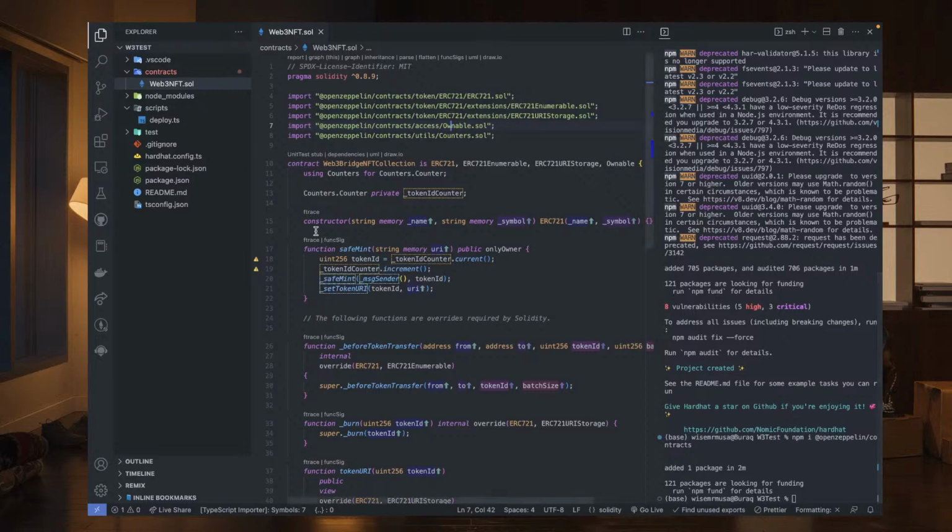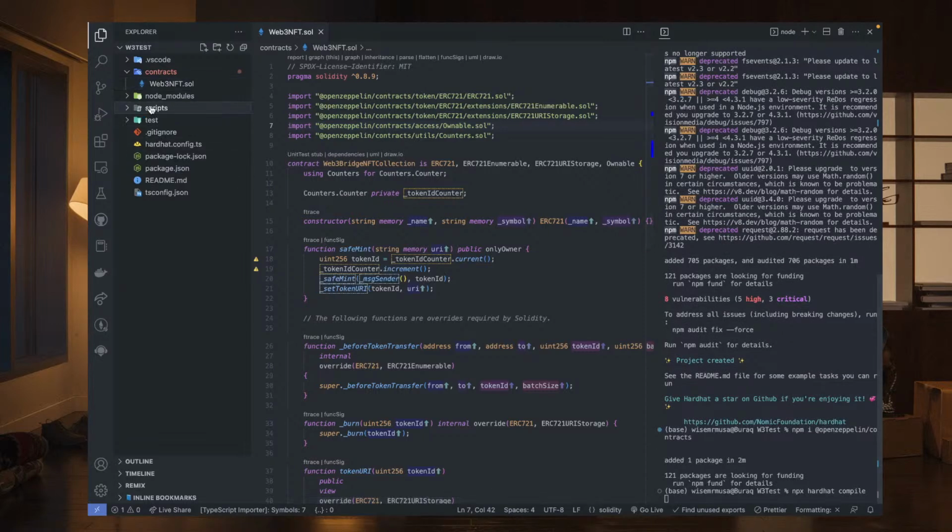So the next thing we are going to do now, before we start deploying, we are going to write a script for us to deploy it. So I'm going to say npx hardhat compile. We need to compile it first before writing the script. Now when we compile, it's going to give us the runtime, the creation bytecode, or in this case, it's going to generate what we call the TypeChain for us. So if I compile it now,